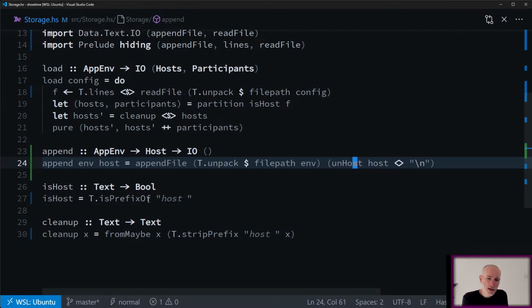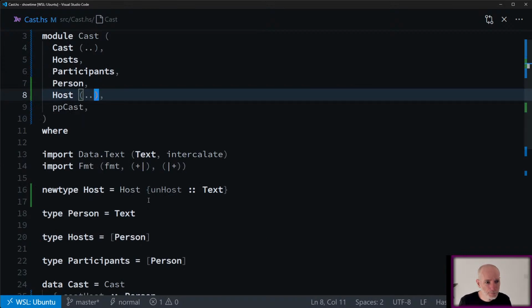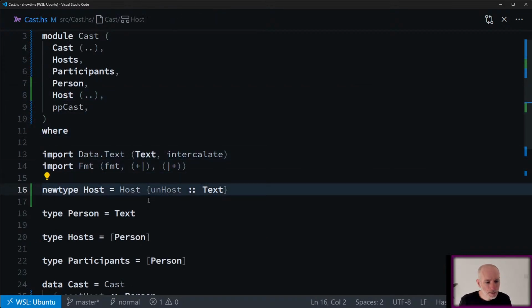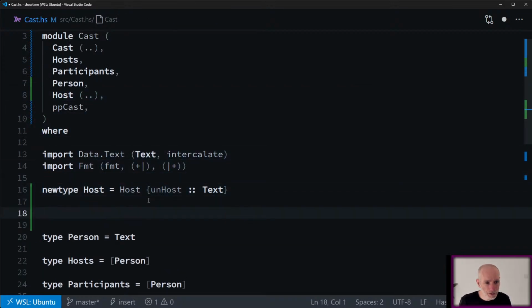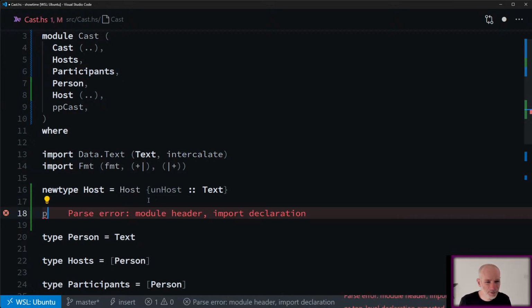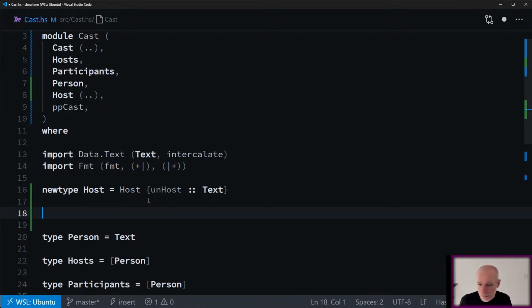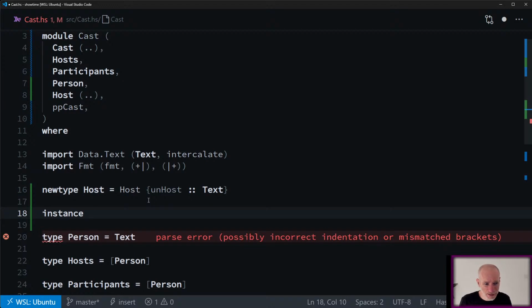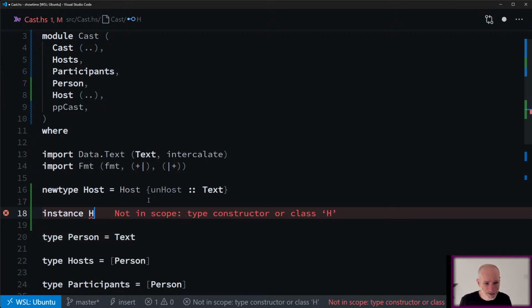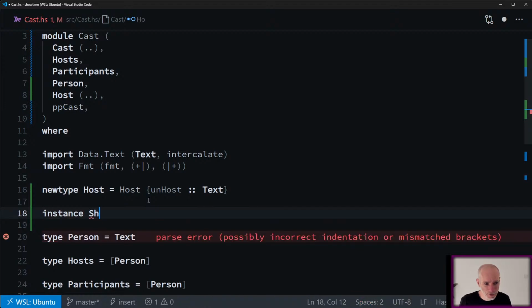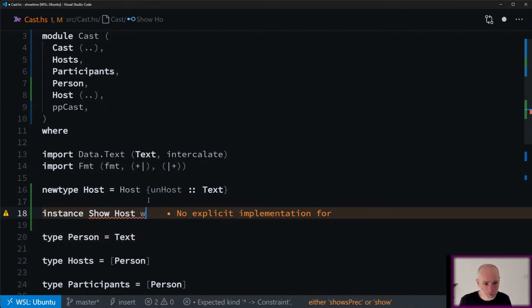I might actually change that. I think I'll change that because I don't really want unhost at this point. What I really want is a function which is something like pphost. It's not even pretty printing it, is it? I could just show it. That's safe. Instance show host